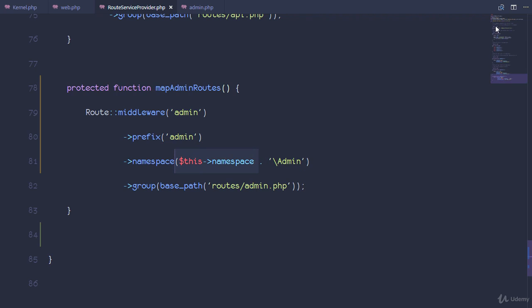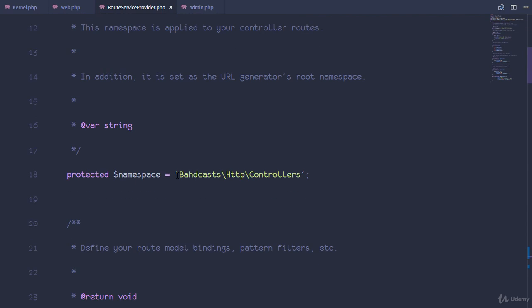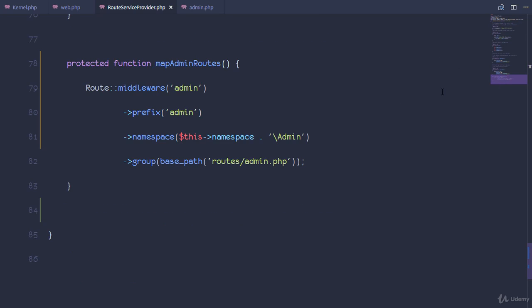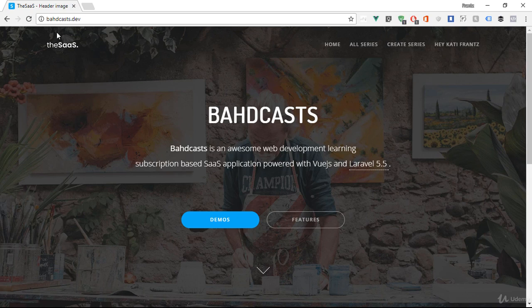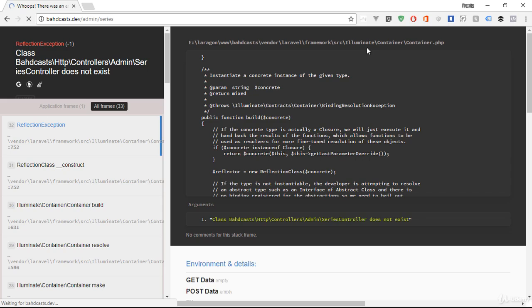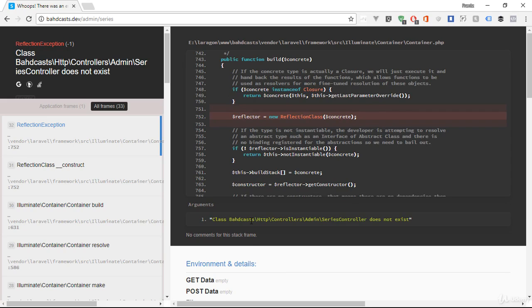Because this namespace is actually a string that takes in the namespace that we want to save our controllers in. So we have broadcast HTTP controllers, and by default we've been just saving everything in the controllers directory. But now that we have this method, we can actually save them in the admin directory. Okay, that's just gonna make things a little bit clearer. Okay, so if I refresh now, sure enough it fails because it cannot find the series controller in the admin